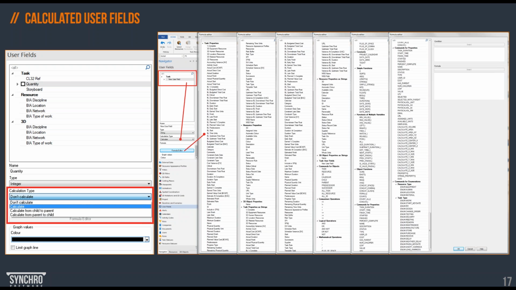So that user field, user-defined field, is no more static information. That could be very dynamic. You can calculate quantities or any other thing that exists as data in SYNCHRO, from resources, from 3D objects to the task, all the way around. You can edit those formulas, and you can use all the data fields available in SYNCHRO to do so.